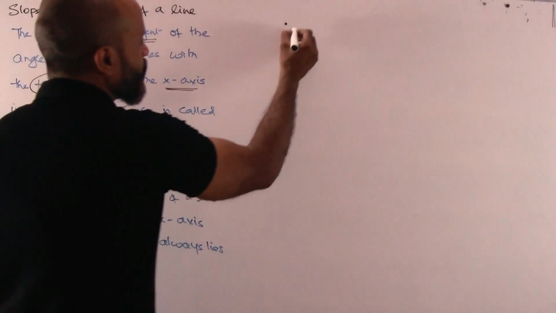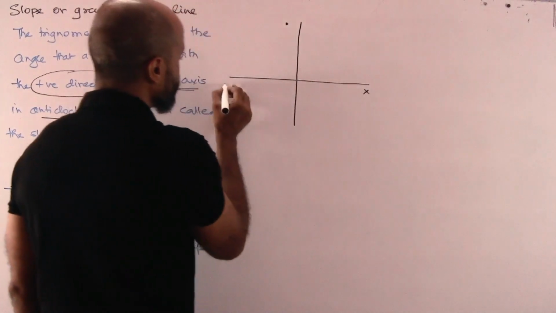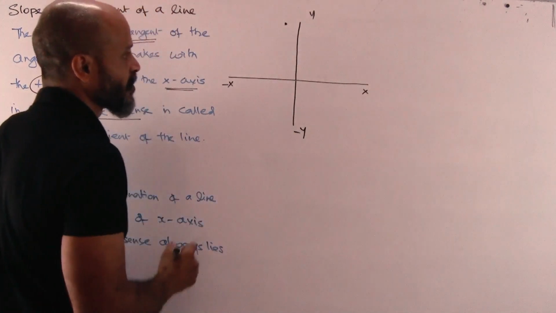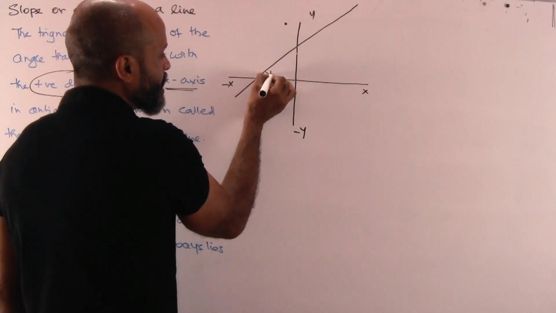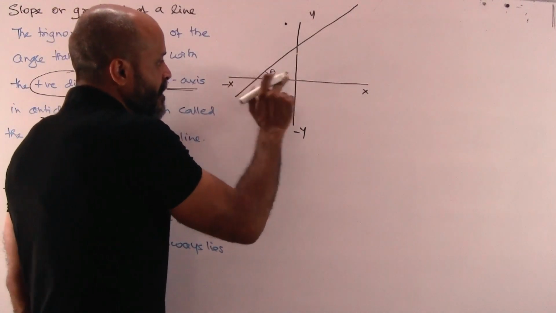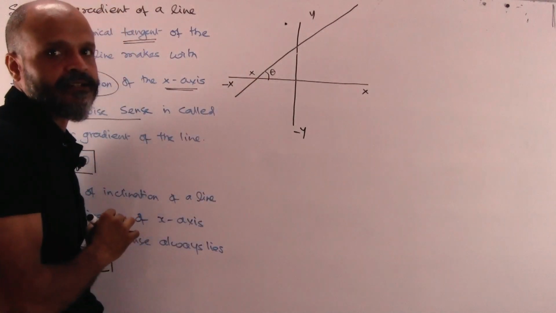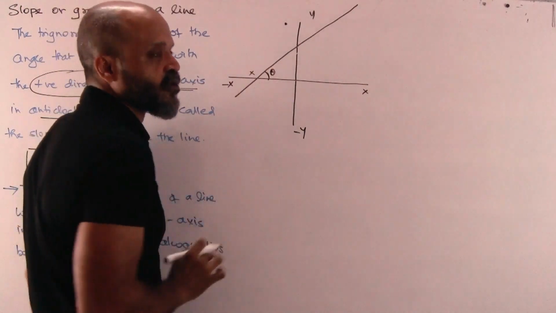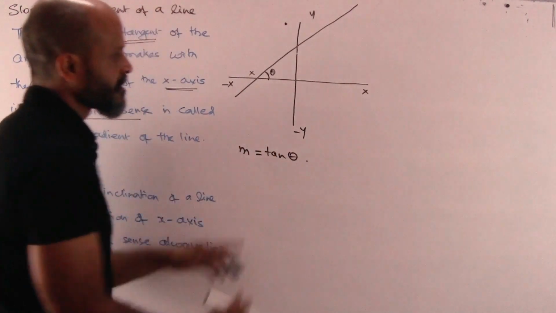For example, let's say this is the x axis, this is the plus part of y axis, and this is the minus part of y axis. And let's say we have a line coming like this, a straight line basically. So, the angle that this makes with the positive direction of x axis. Now, you will say that it is not passing here, but imagine we are not taking the angle which it is making with the negative direction. No, this angle does not need to be taken. This is the angle that we need to take. So, this is the angle theta that we need to refer to, and what will be the slope of this line? m will be equal to tan of this theta.